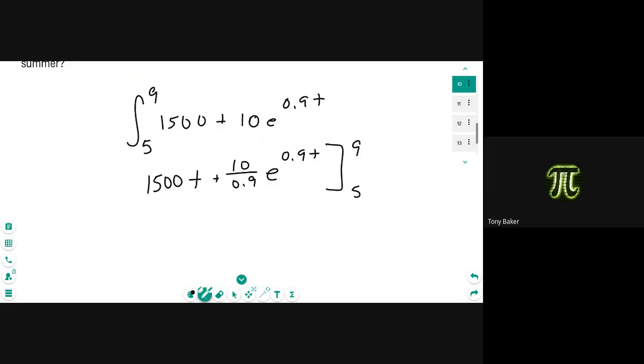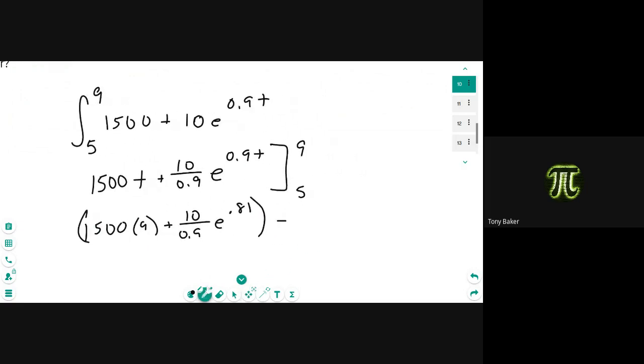Oh yeah, because you have to use the 0.9, yeah. And that gives me some value. So 1500 times 9 plus 10 over 0.9 e to the 0.81